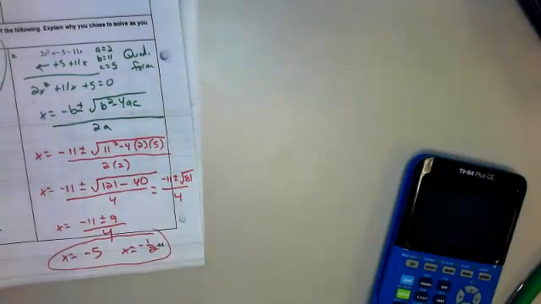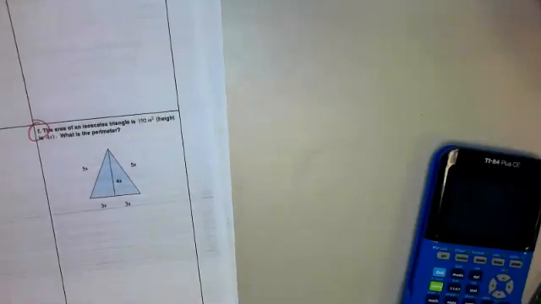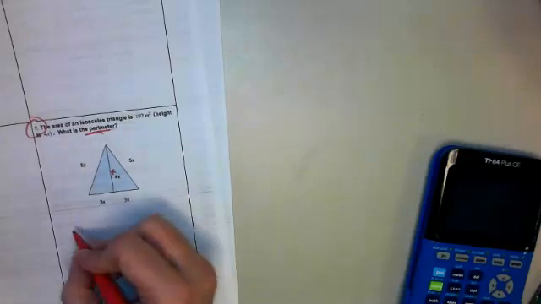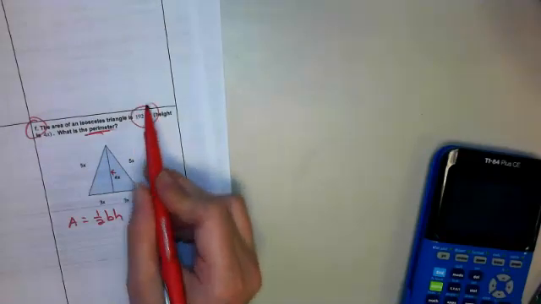Okay, let's go on to page 45. Moving right along, we're going to be on page 45 here. It says the area of an isosceles triangle is 192 meters squared. Height is 4x. So that 4x is the height. What is the perimeter? Well, we need to know all the sides, so we need to find x to know what that is. And we know the area of a triangle is 1/2 base times height. They give me the area, which is 192,